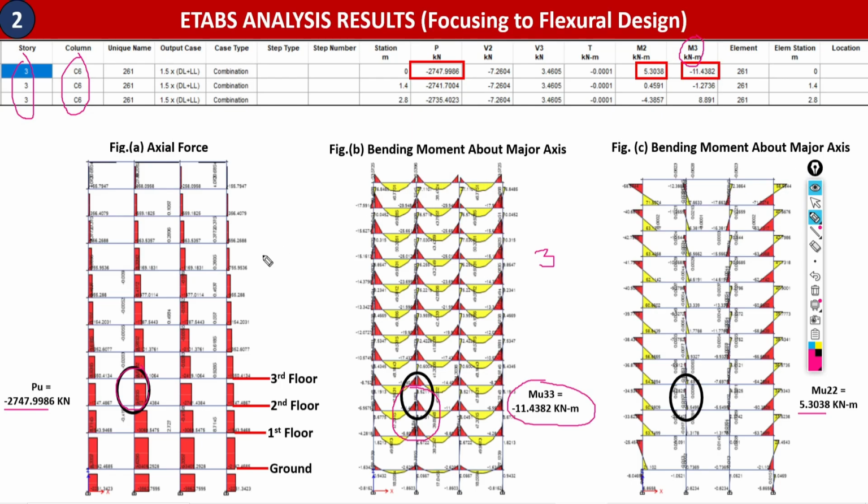Now, one important thing I am repeating again and again is the moment about the major axis and the moment about the minor axis. People are sometimes confused about what is meant by the major axis and the minor axis. Throughout the study we have to talk many times about the major and minor axes. So I plan to first clear up what is meant by the major axis and the minor axis, so that the study becomes easy to understand. So just follow me.